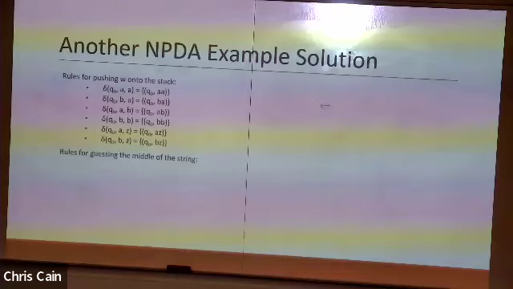Lambda transitions? If there's an A, you pop and then push an A. If there's a B, you pop and then push a B. So just leave it the same. These are lambda transitions that basically say make no change to the top of the stack, because when you make one of these transitions, you must pop. This is the no-op rule that says you pop and push the same